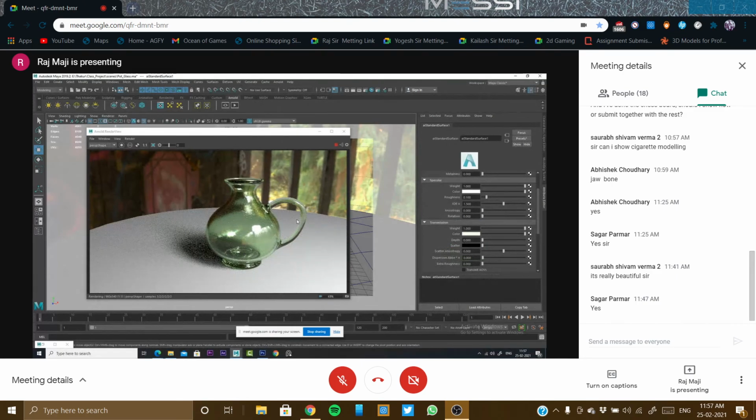You can see in the shadow also, I don't know if it is visible to you, but I can see some green color in the shadow also. Okay, so colored glass like this can be done, but you can see the color is almost white only. Very little amount of color I have added. Okay, so this is one.